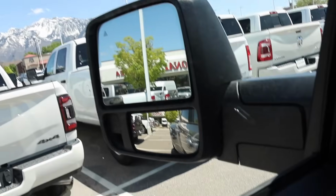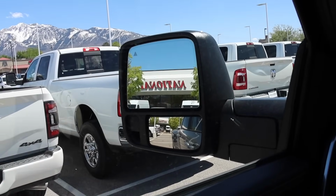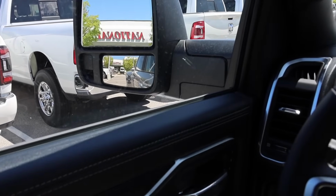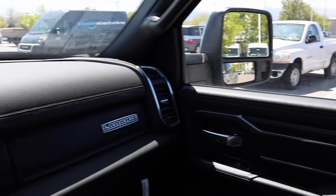But yes, Ram does have the best mirrors. You know why? Both of those mirrors are heated. They also have the power tow mode, just like everyone else. They just kind of caught up there, but they've always had the power convex down below. Love that they do that. And the mirrors work great on this truck. I wish I could tow with one of these trucks just to give you my impressions towing, but when you